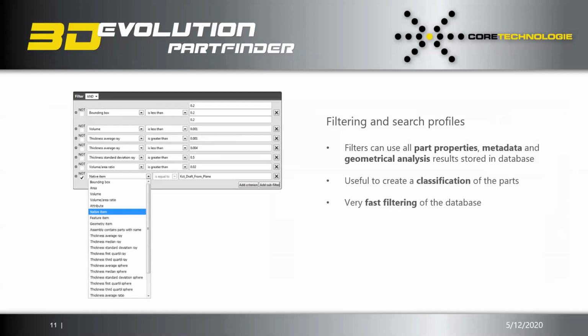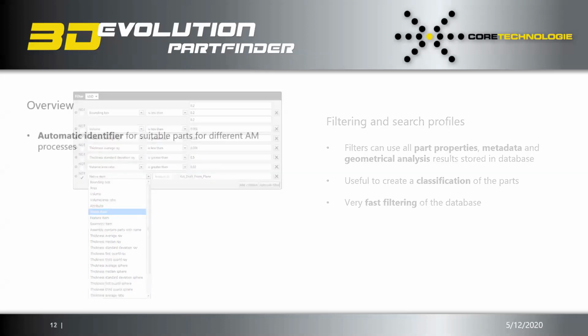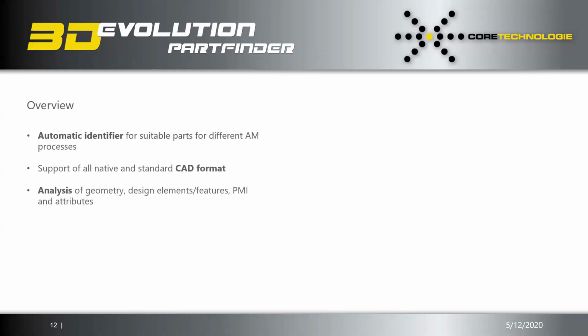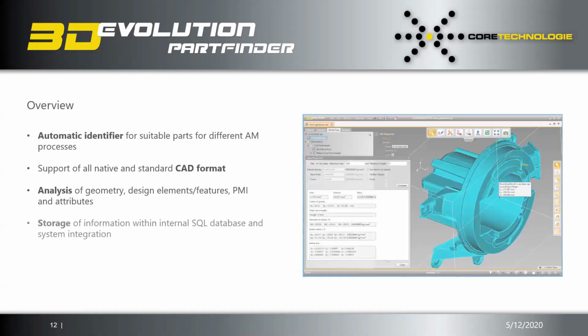And then once you've gone through the filtering, once you've found the database, you can actually take it one step further and filter for specific entities within the model related to the classification or other information, like the thickness of an average ray on a particular part, and then hone down. The nice thing about the technology is once you've gone through your analysis or your research